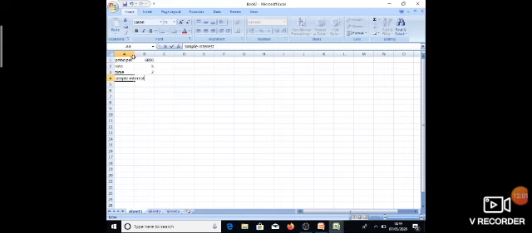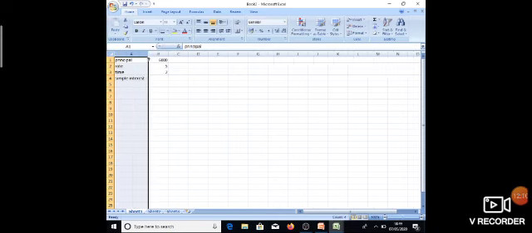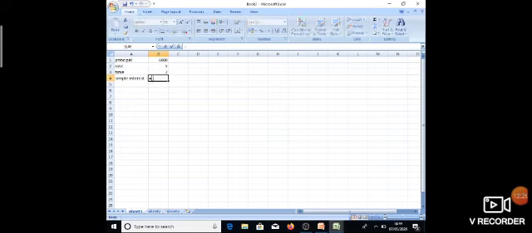Okay. Text is crossing the cell. So if you want, you can change the size of the cell by this. Okay. Now, for calculating the simple interest, you must write the formula. But here, in place of writing the values, you must provide the cell address of principal, rate and time. Okay. So first we have to write equal to, principal is in B1. So write B1, multiply by, for multiplication we have to use the star symbol here. Okay.